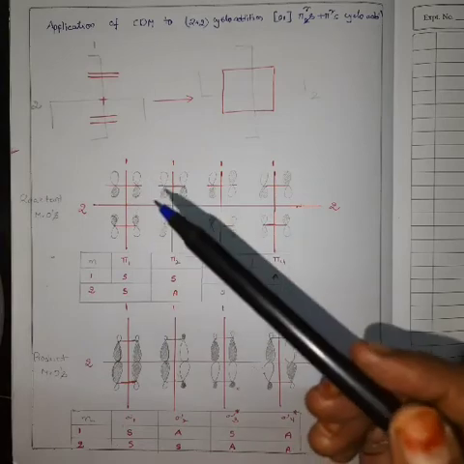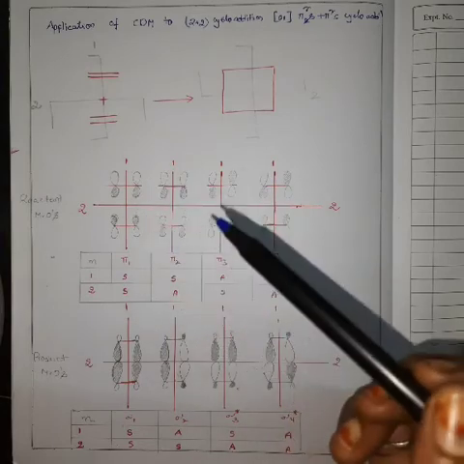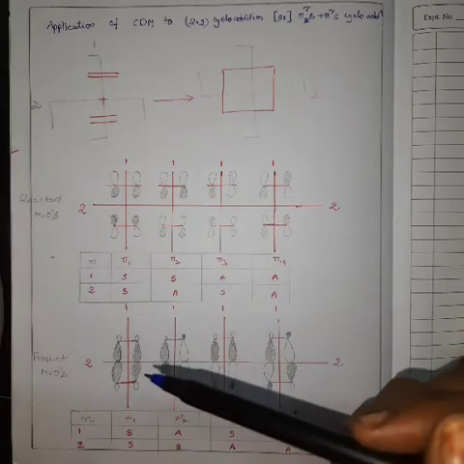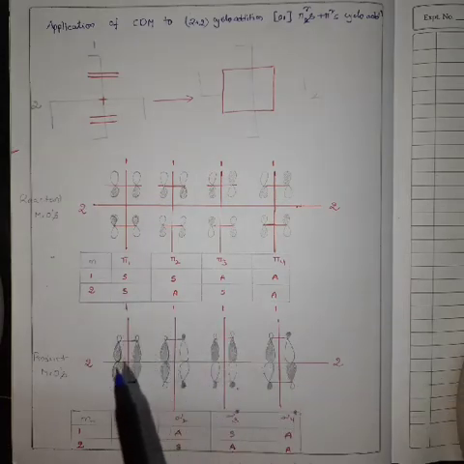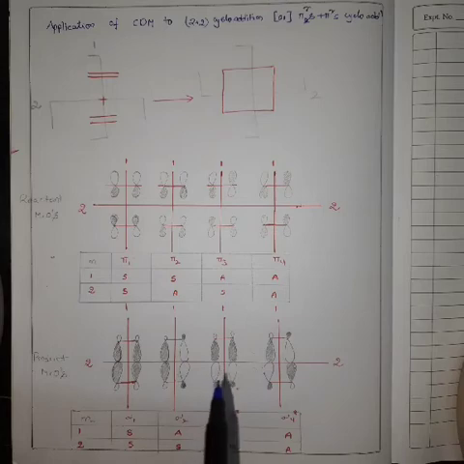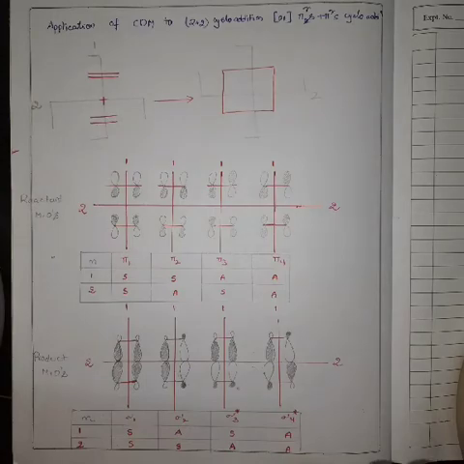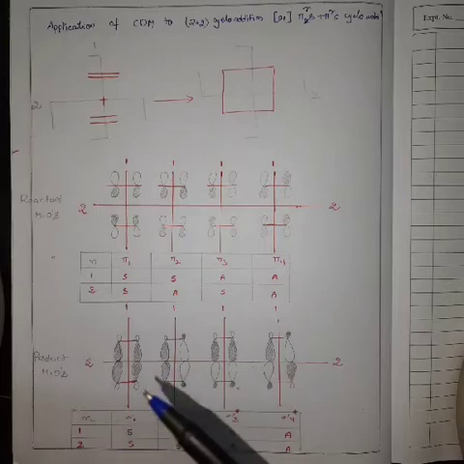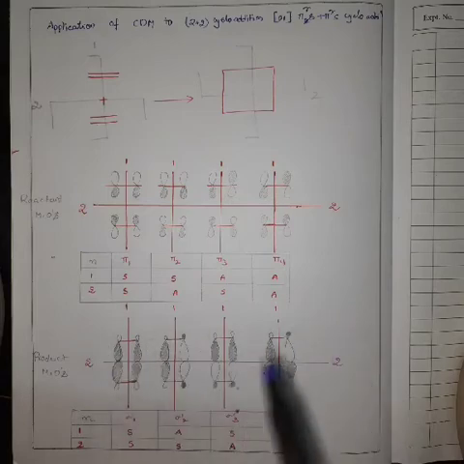These p orbitals are combined to form sigma orbitals in the product. So these are the newly formed sigma orbitals in the reactant. These also have a vertical plane of symmetry and a horizontal plane of symmetry. Let us represent the vertical plane by 1 and the horizontal plane by 2.